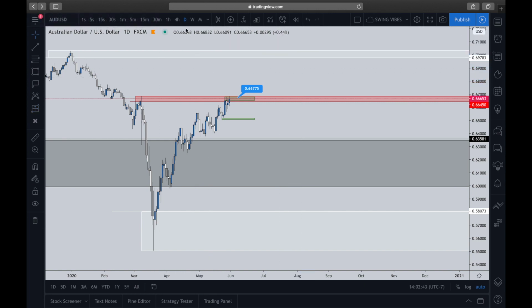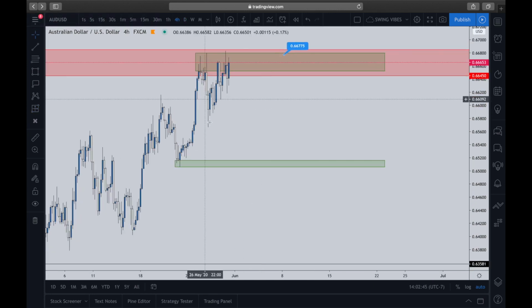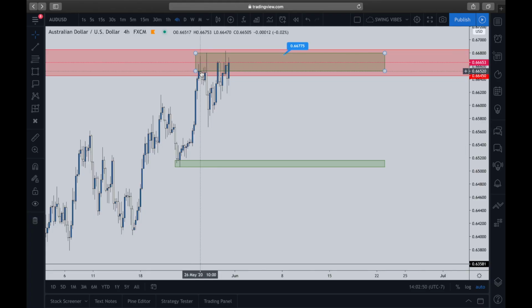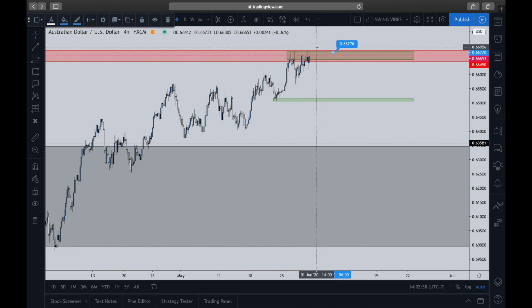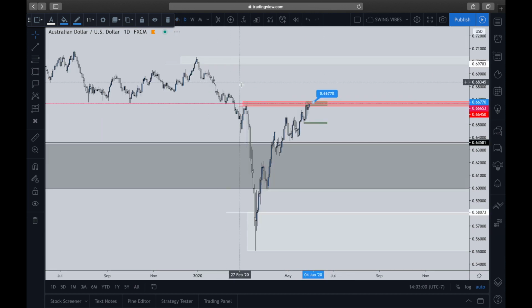Okay. If not, then what I want to do is I'm going to strictly pay attention to the 4 hour point. We are in a bullish condition for the 4 hour. We have the push up, we had the retracement, as well as we're kind of pushing through. So if we are in fact able to break out of this, then I will be looking to the upside to those tiers that I had marked off, which is,